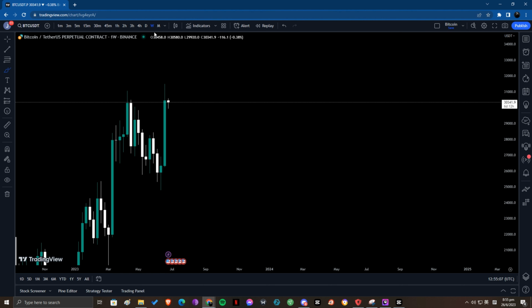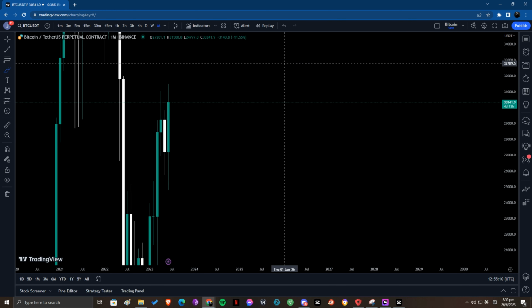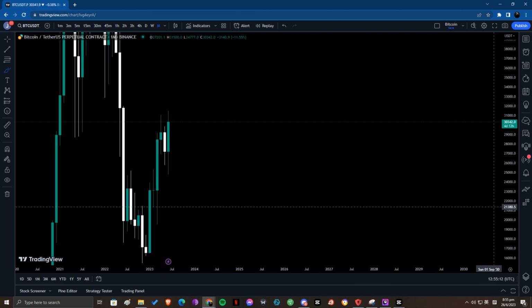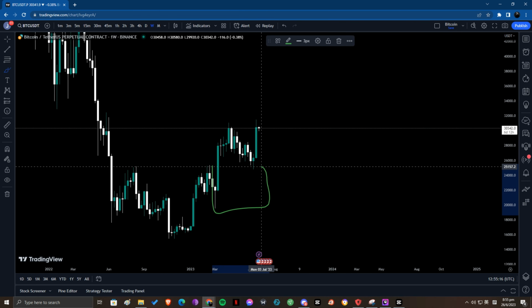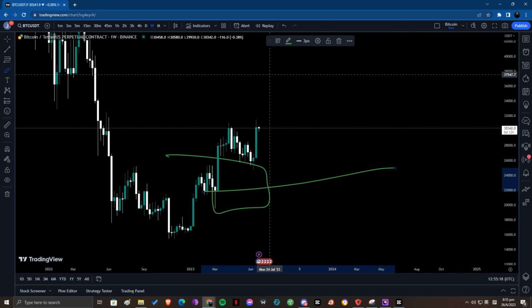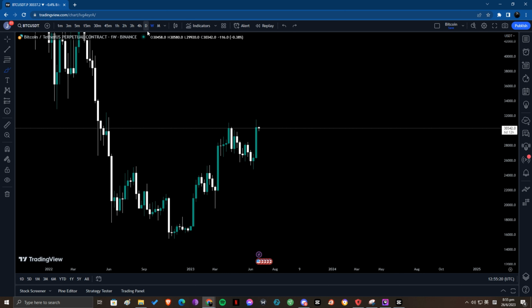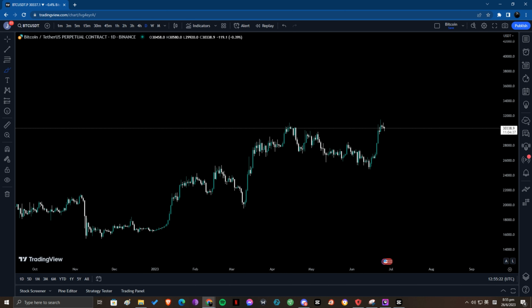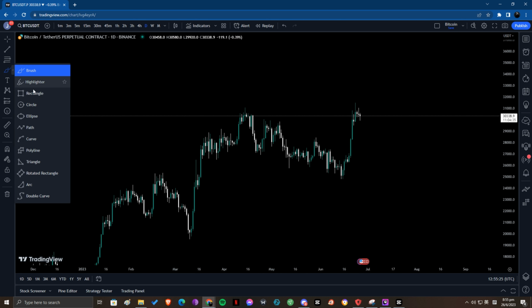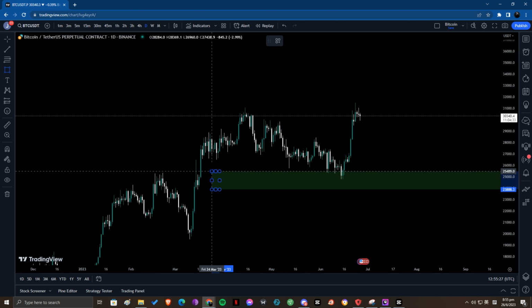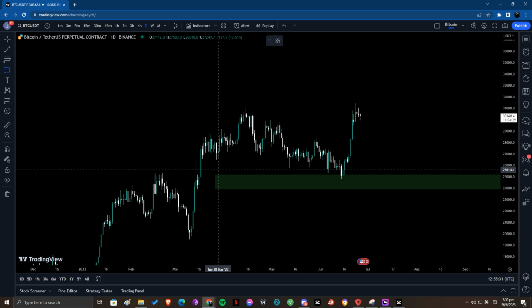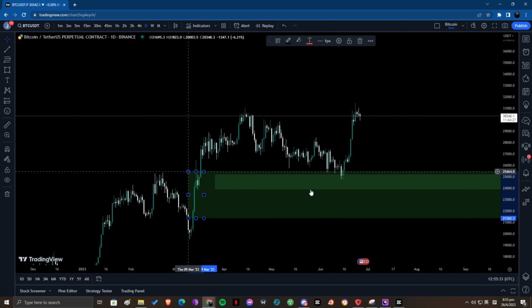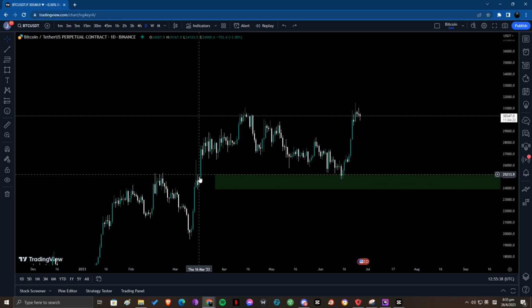Now, if we were to go to monthly, you might not find any order blocks. So we're going to go back to weekly then. Then we find the same scenario, but we remove the wick and we have a much more refined area. Now you can go to daily again and you can find that there is actually a much smaller order block in here. And this is the much more refined order block. Earlier we drew the entire zone right here, didn't we? But a much more refined zone would be this order block.